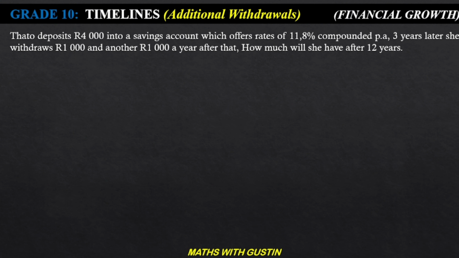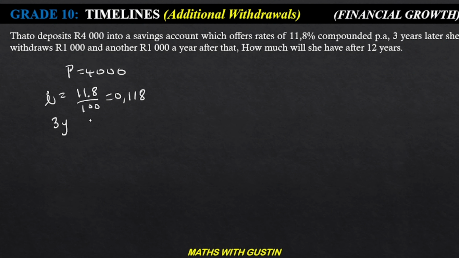Tato deposits 4,000 rand. This is our principal amount, deposited 4,000 rand, and therefore at an interest of, let's look at the interest here, 11.8 divided by 100, which is going to give us 0.118. And then what else? And then they said 3 years. In 3 years time,